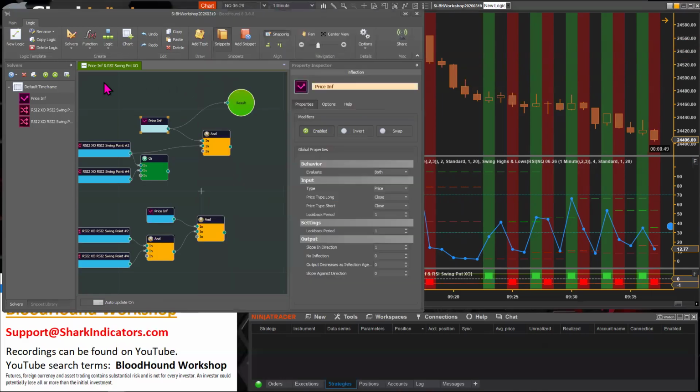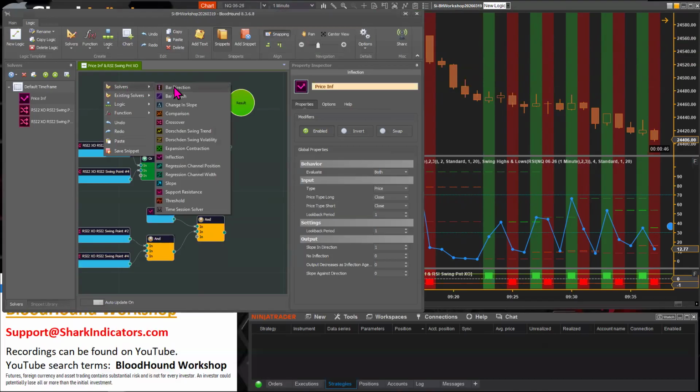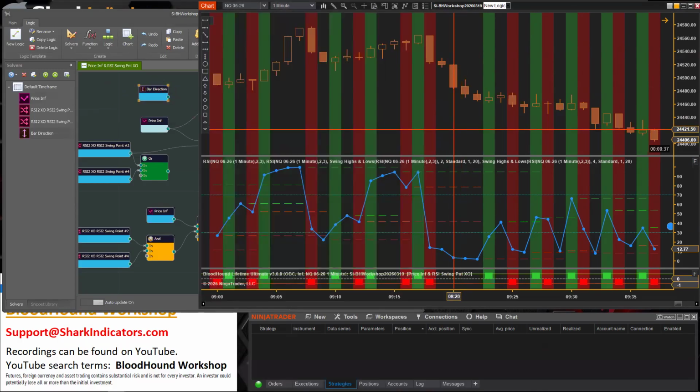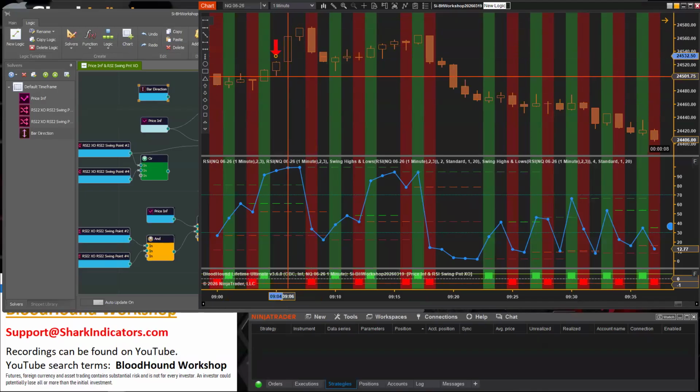Yeah. So really, I'd say probably 99% of the time, the bar direction is used to filter your signals so that the bar direction correlates with the signal direction. So in other words, the bar direction is used to make sure you don't get any short signals on an up bar, right? A lot of people say, I only want short signals on a down bar. You know, don't be showing me short signals on an up bar, right?